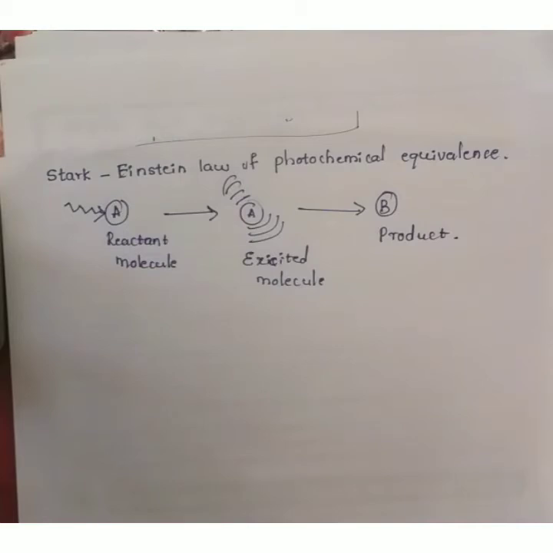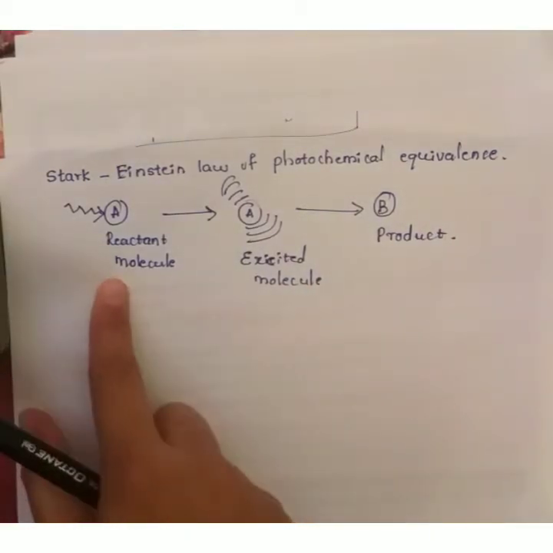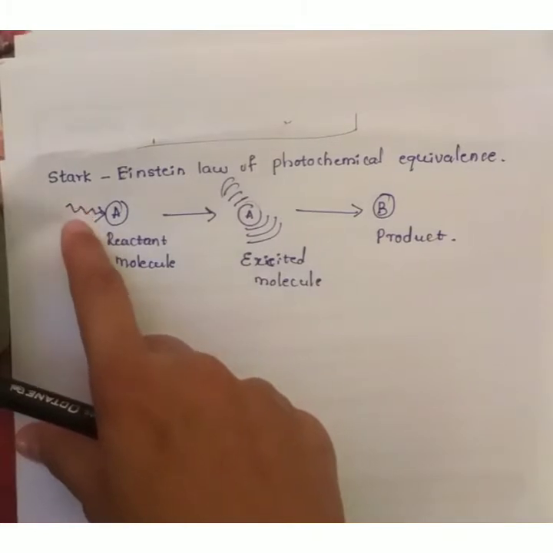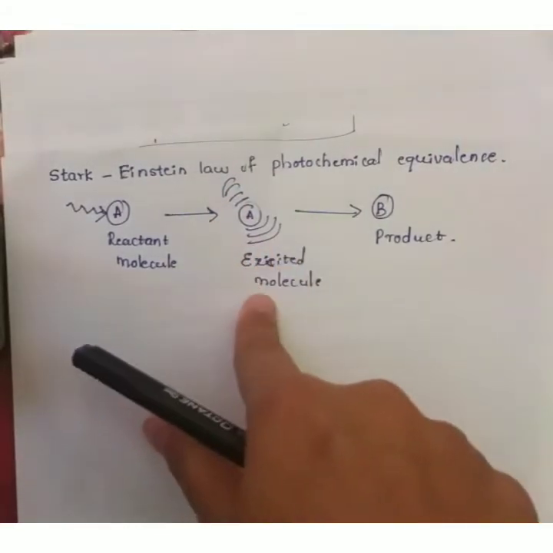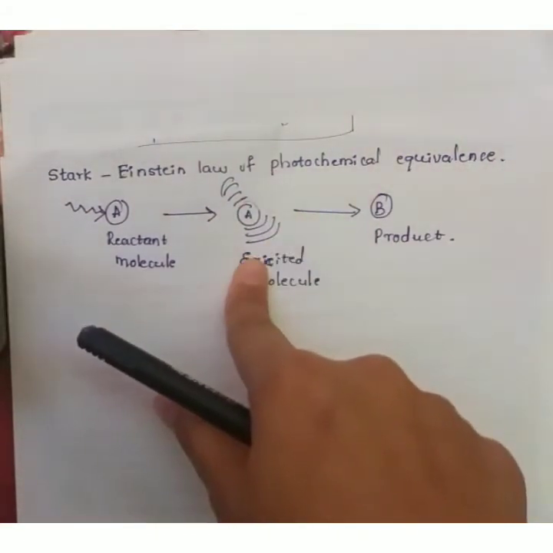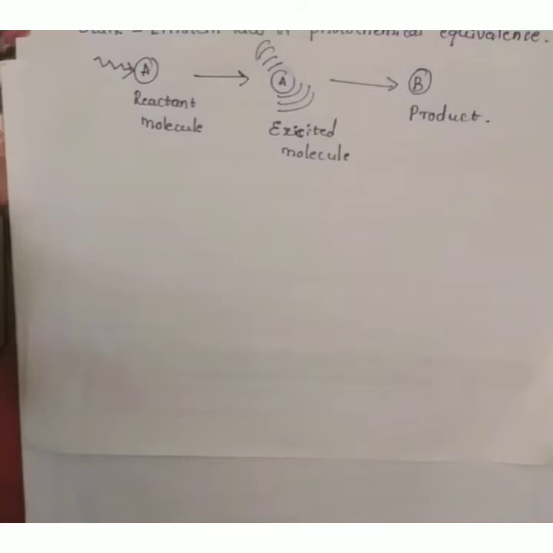Thus, the basic Stark-Einstein law of photochemistry is: in a photochemical reaction, each molecule of the reacting substance absorbs a single photon of light radiation causing the reaction and is activated to form the product. Consider this as an illustration. Here the molecule absorbs radiation and gets activated, goes to the excited state. This activated molecule then decomposes to form a product, that is product B.